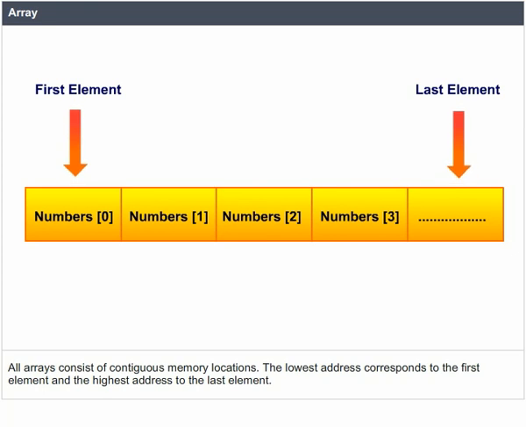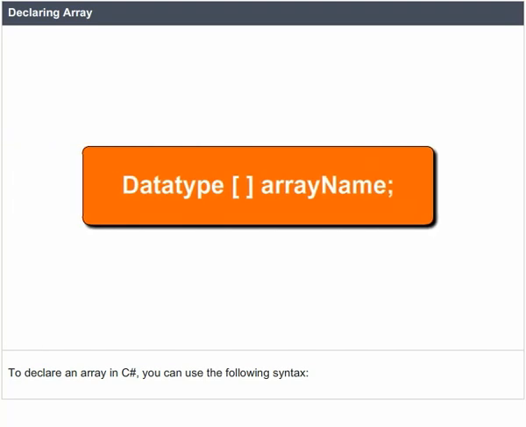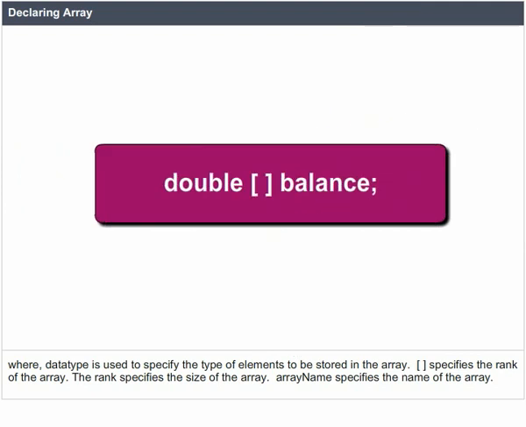Declaring an array. To declare an array in C#, you can use the following syntax, where data type is used to specify the type of elements to be stored in the array. Square bracket specifies the rank of the array. The rank specifies the size of the array. Array name specifies the name of the array. For example,